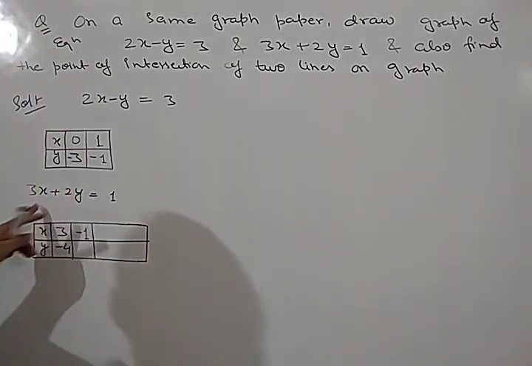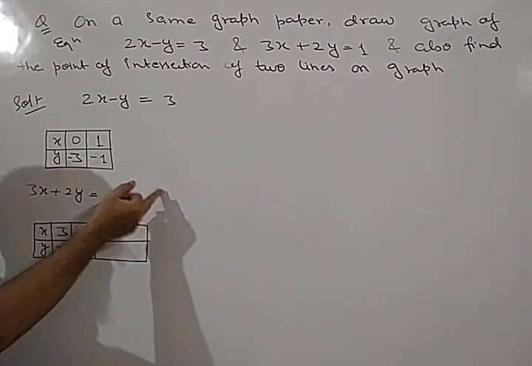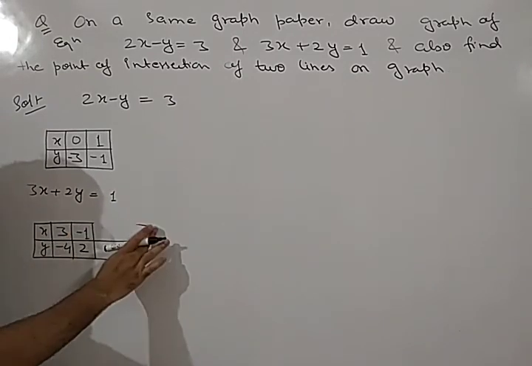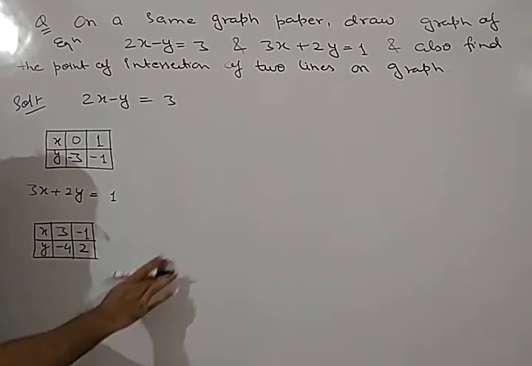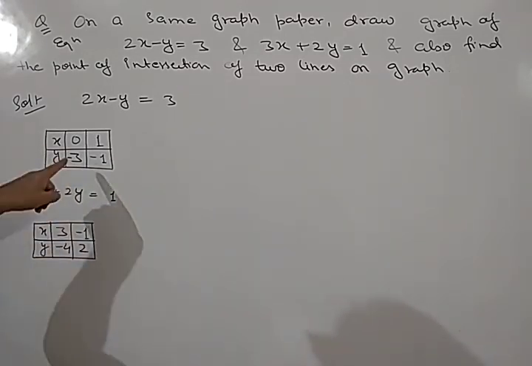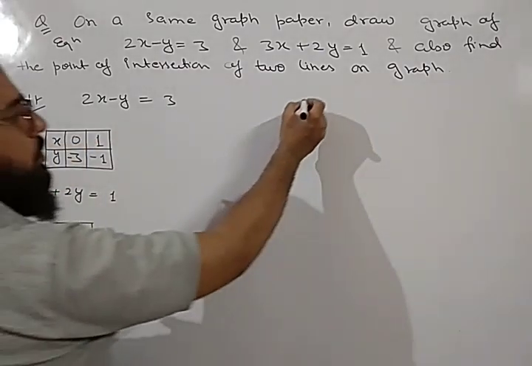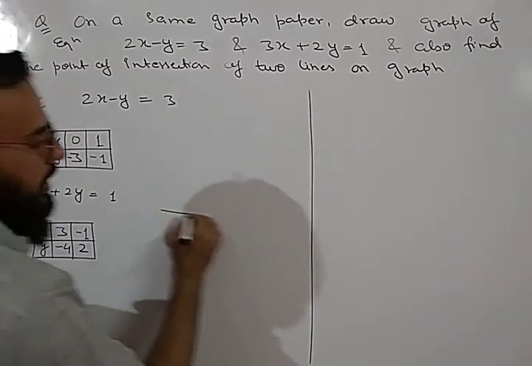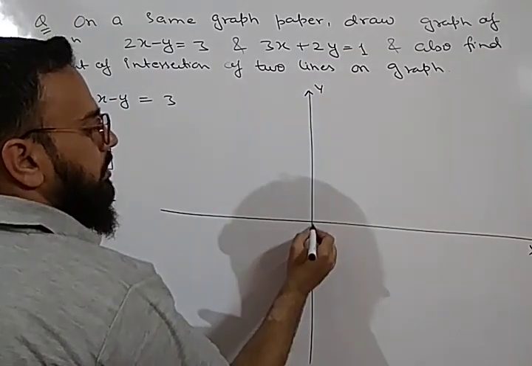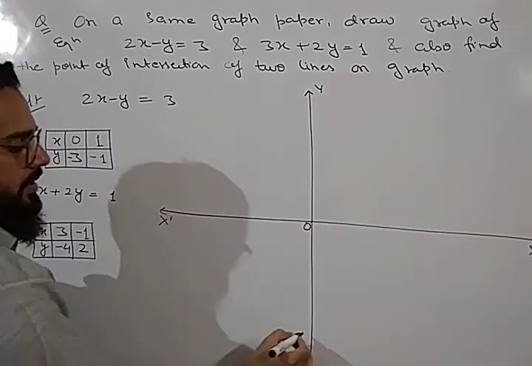So if we take x equal to minus 1, it will be minus 3. When we take minus 3 to the right hand side, it will be plus 3. So it will be 1 plus 3, that is 4. Then y will be equal to 2. So we get two values. Two ordered pairs we got. And we can plot the graph by only two values. So for the first equation, these are two ordered pairs. And for the second equation, these are two ordered pairs. Now we are going to draw the graph of both the equations and we will find the point of intersection of both the lines. So it is x origin, x dash and y dash.